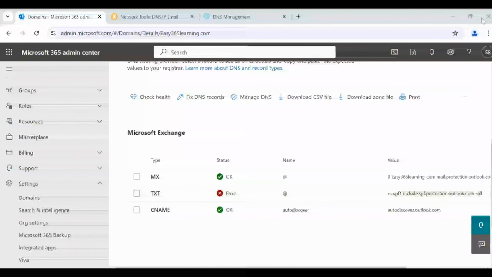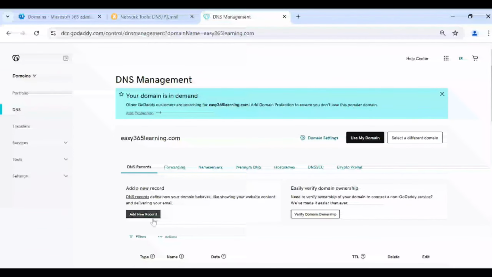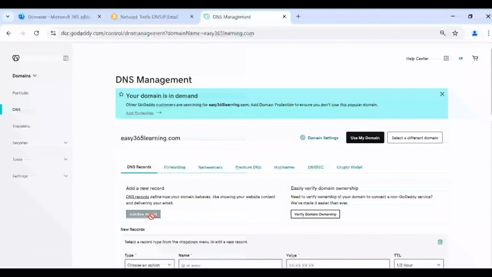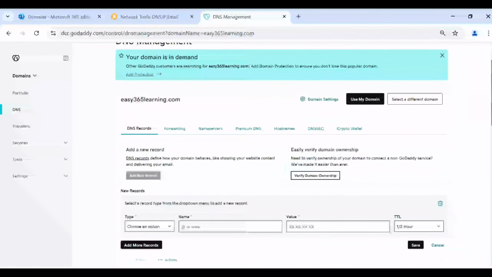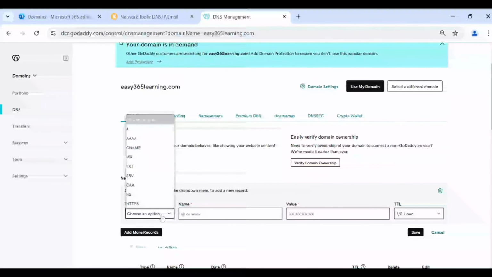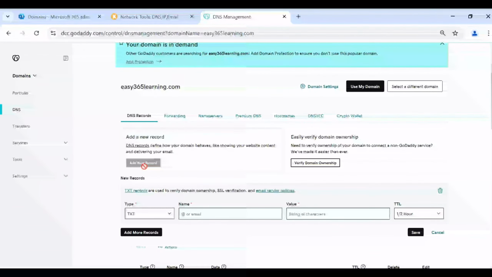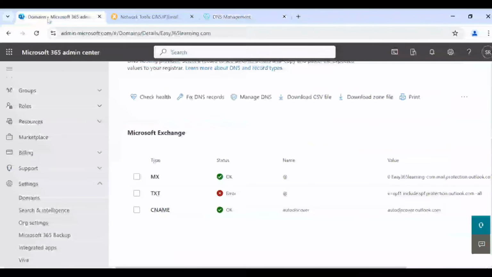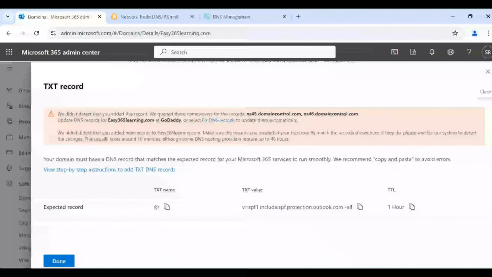To add it, I'll go to the DNS host, and from here I'll select the option that says add new record. So it asks me what type of record I want to add. So I'll select this option and I'll make it TXT. Now it asks me to put the name of the record. So I'll go over here, select this, and copy this add symbol from here